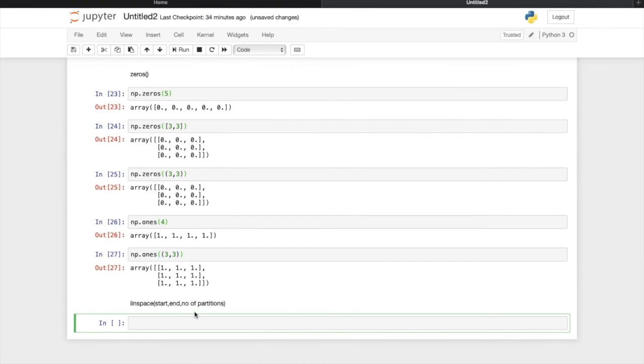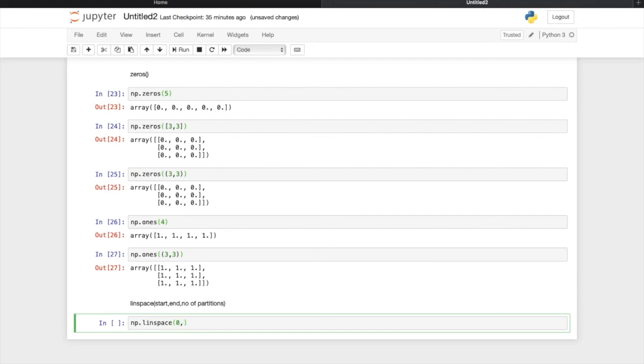Linspace stands for linearly spaced. It is used to generate a given number of linearly spaced partitions between two specified numbers. Like I'm showing this with an example, suppose np.linspace